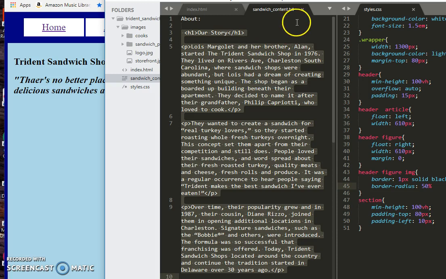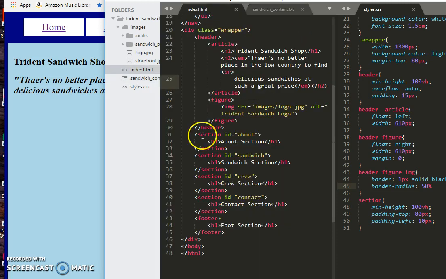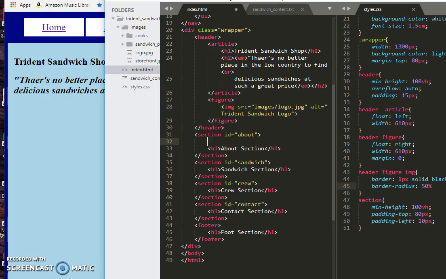And now I'm going to go ahead and move into my HTML. And here is this section right here. So we want to have two things. On the left-hand side, we're going to have some text, and on the right-hand side, we're going to have a picture, very similar to what we've done with our header. So I'm going to have an article,